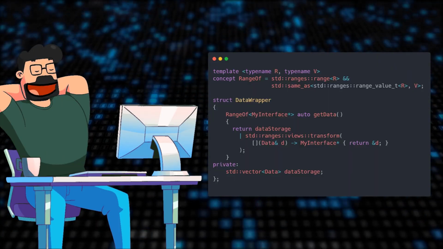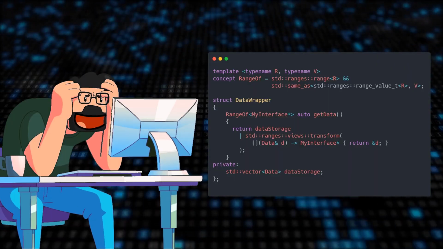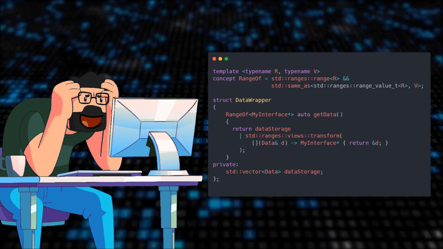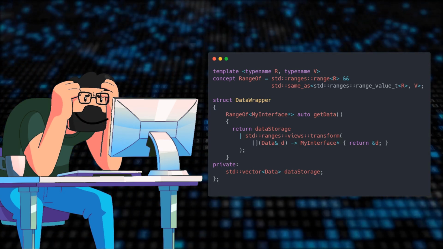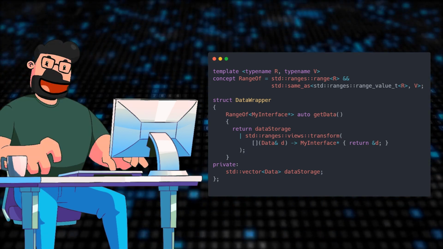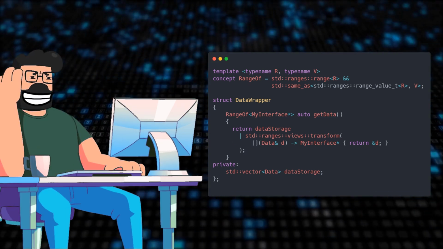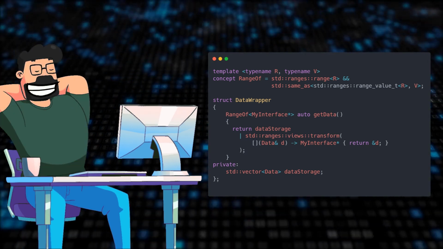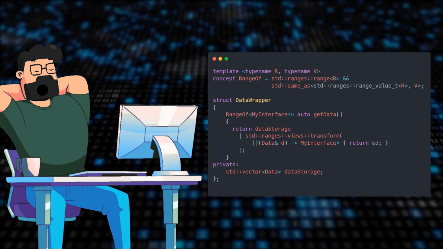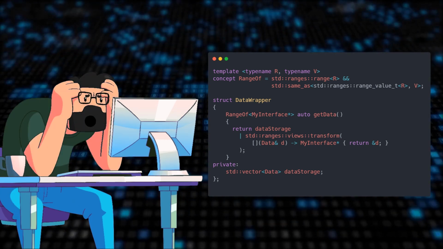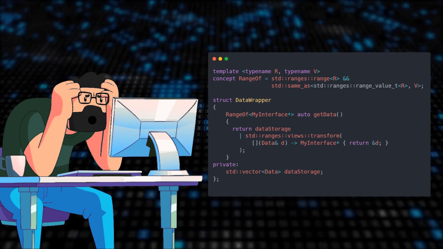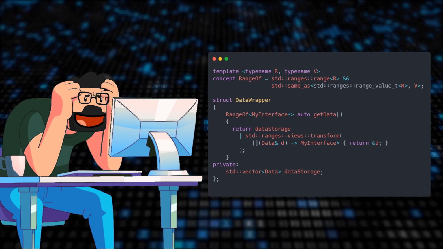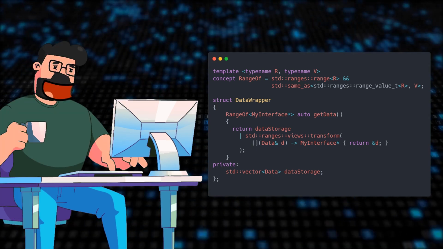Now let's focus on the solution to our problem. The code snippet provided showcases the utilization of constrained auto to specify the return type. By defining the concept range_of, which ensures that the returned value is a range of my interface pointers, we can maintain clarity and expressiveness in our code. The data wrapper struct encapsulates the logic for retrieving data and transforming it accordingly, demonstrating the elegance of using constrained